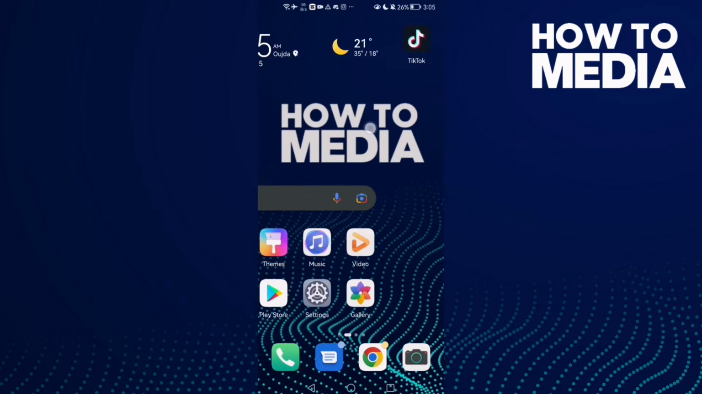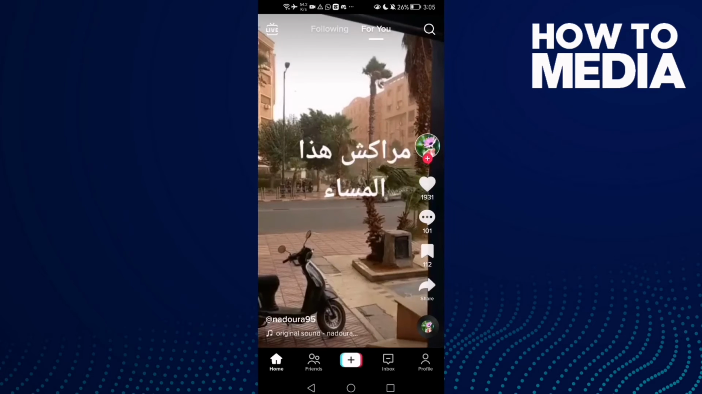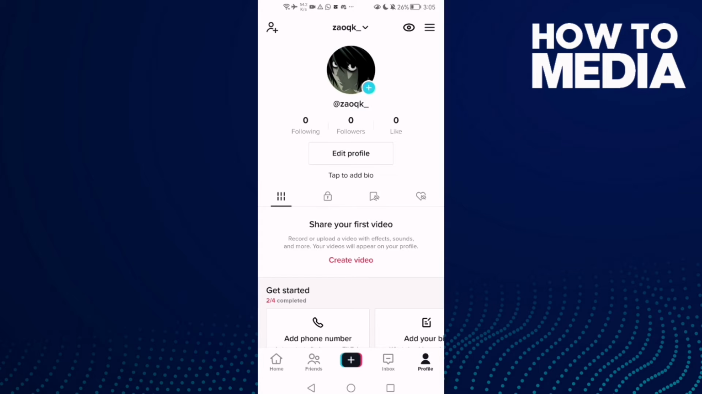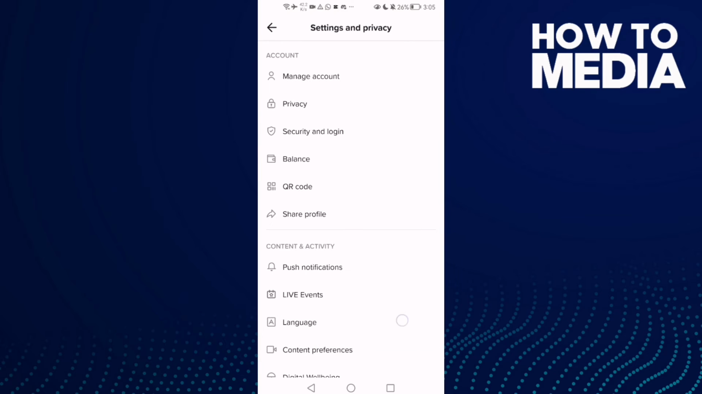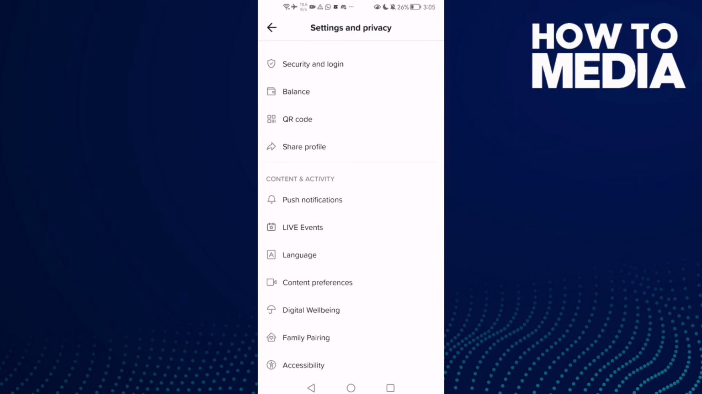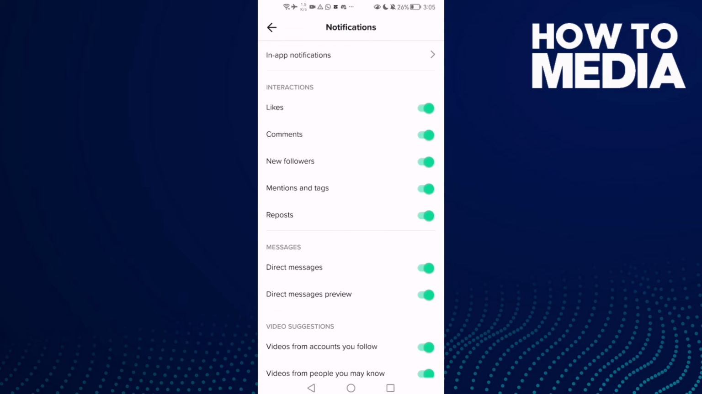First, open TikTok and then click profile, and here in the top corner you will find these three lines, and after you click on it just click settings and privacy and then scroll down until you find push notifications, and here you will find this one, in-app notifications. Click on it,